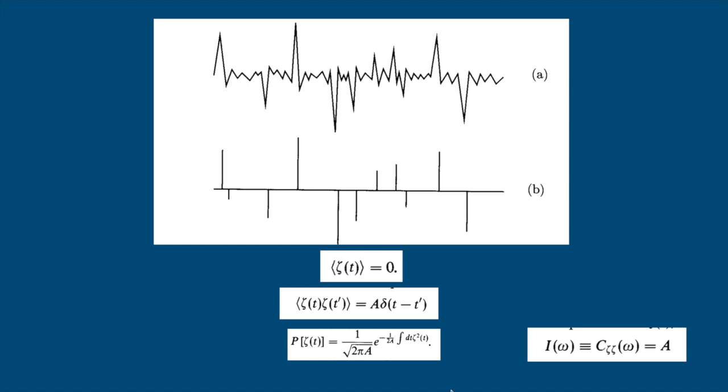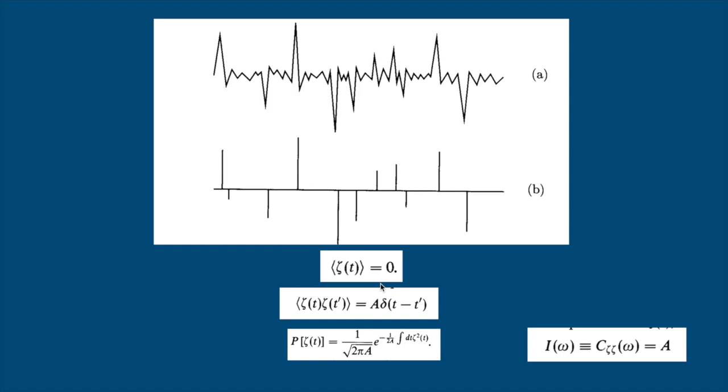Let's assume that this random force is zeta. This random force is modeled as a series of random impulses as shown here. The average of zeta will be zero as discussed before. If each impulse is considered as an independent random event, we can consider that zeta of t is independent from zeta of t dash. So when you take an average of this ensemble, it will be A times delta of t minus t dash, where A is some constant we have to determine.